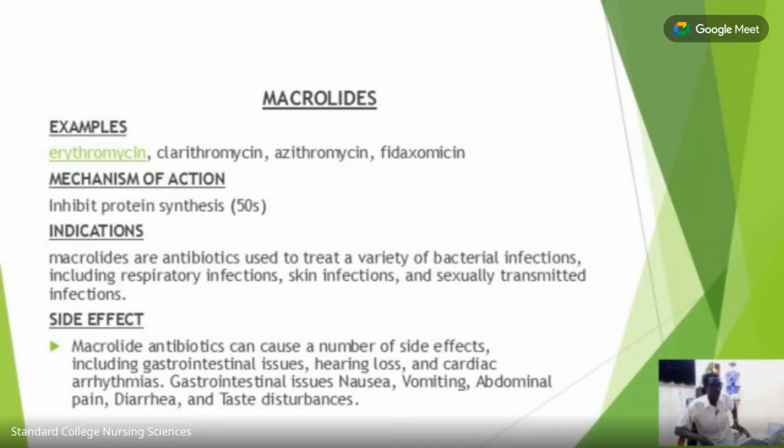It also can be used in the management of urinary tract infection, as has been mentioned. Also, sexually transmitted infection, it can also be used in the management of it. Then sulfonamides are also commonly used with other antibiotics, meaning they are supportive drugs too. Maybe a situation where you want to